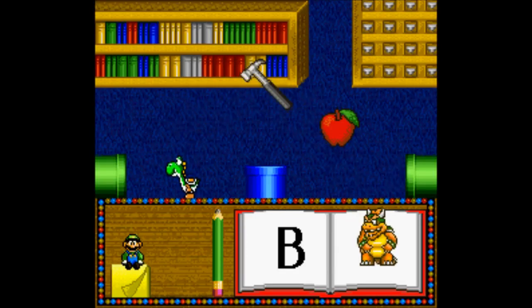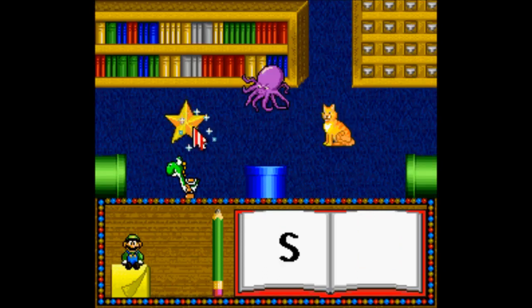You picked Bowser that starts with B. B. Bowser. Find the picture that starts with the sound. That works for me. You picked Star.